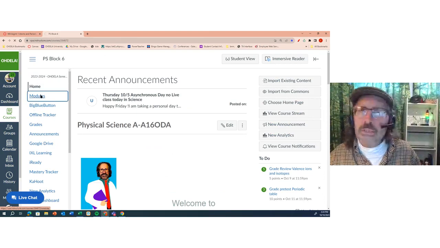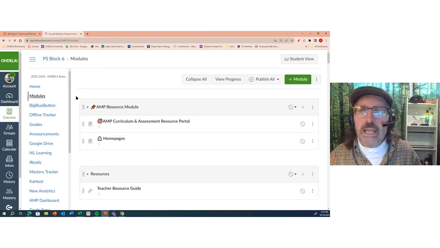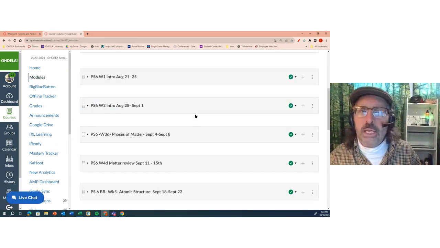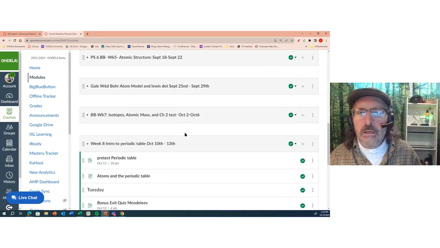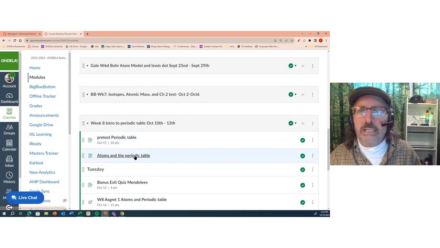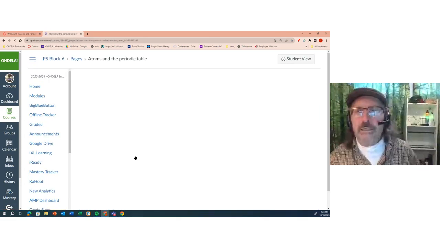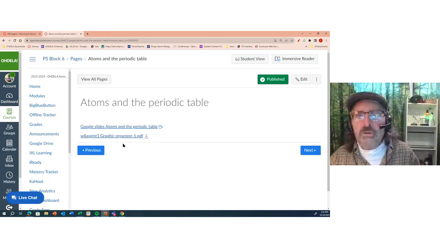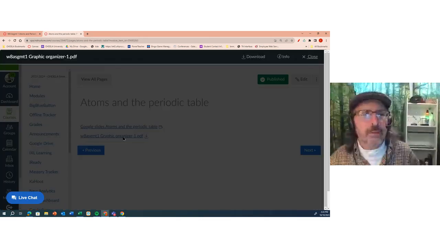Okay, if you go to the modules, you will see that when we get down to week 8, it says atoms in the periodic table. All right, so here we go. So if you use the graphic organizers W8 as assignment 1,